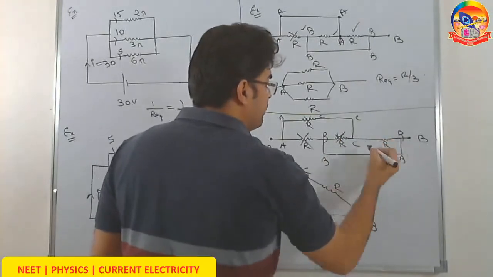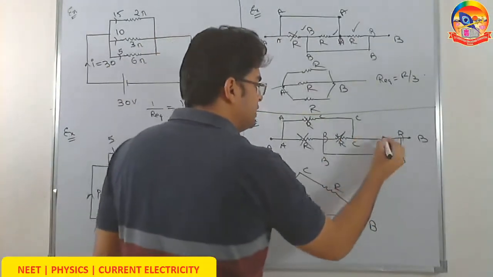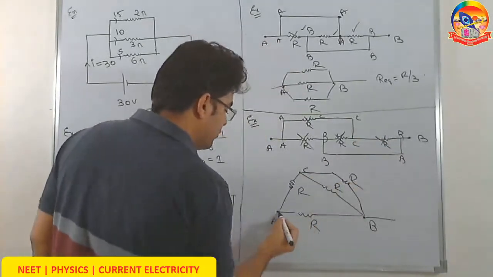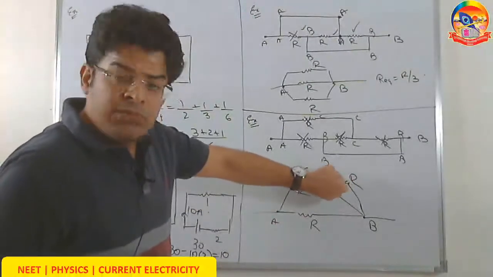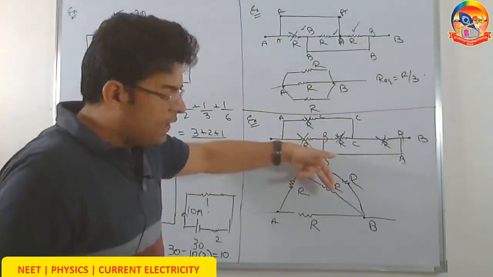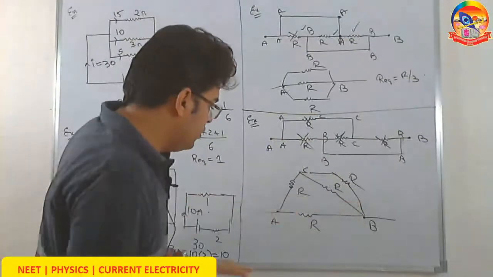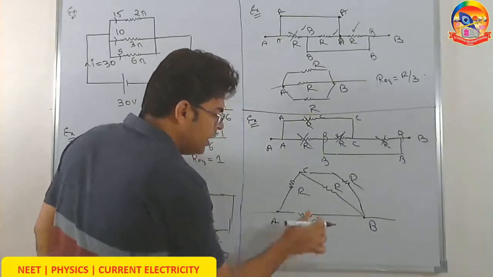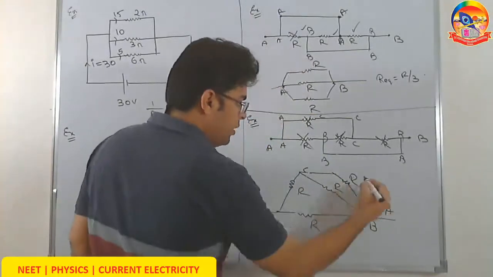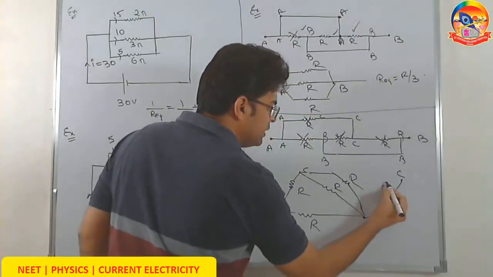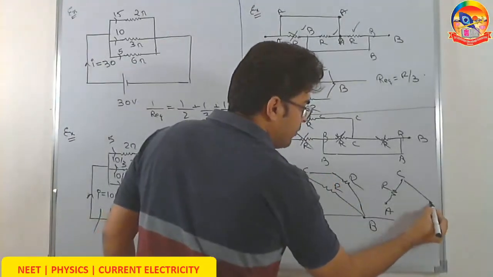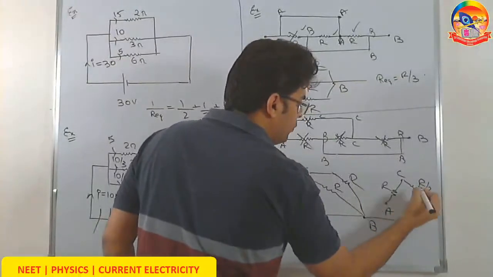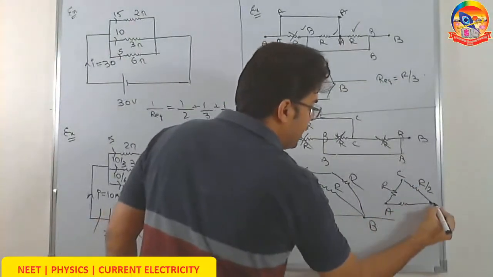This fourth resistor is connected between B and C. C and B and C, one and the same thing. Now you can see these two R and R are in parallel, so R parallel R gives you R by 2. If you again draw this A to C, one resistance R between C and B, 2 resistors R are in parallel, that becomes R by 2, and one resistor directly between A and B, that is R.